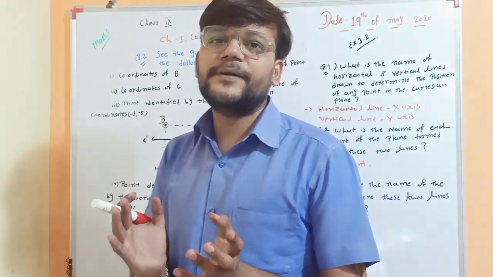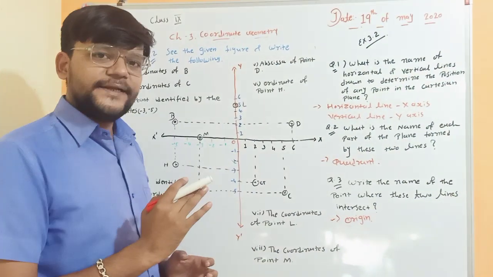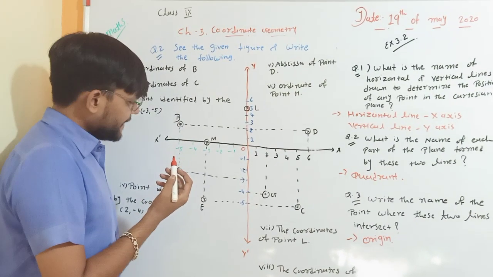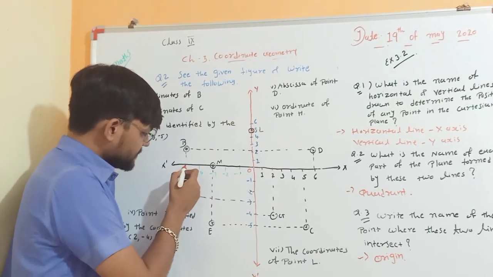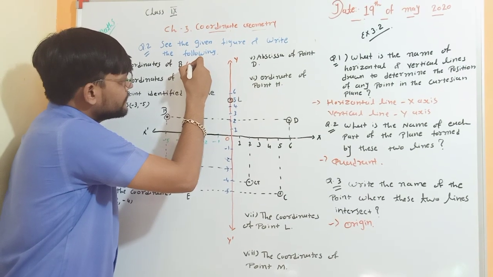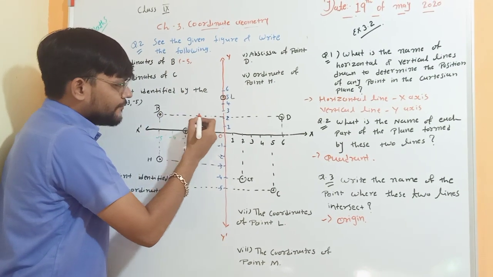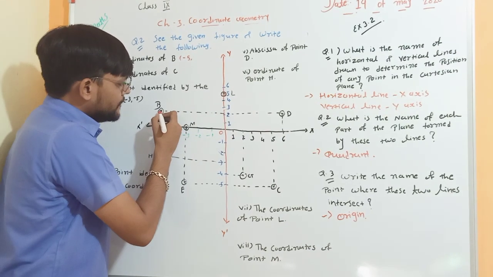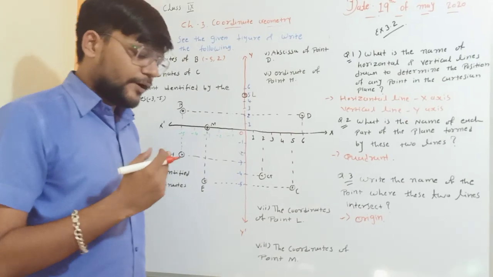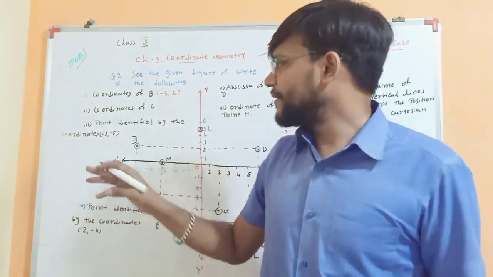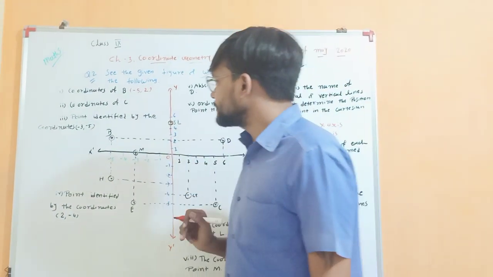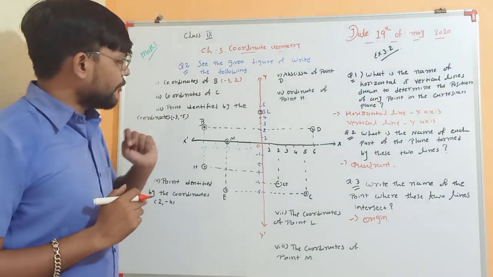Now as we discussed, every point has two coordinates, first x coordinate and second y coordinate. Now you can see here, this is the point B, right? Now if you draw perpendicular line on the x-axis, the x coordinate of point B is -5, and if you draw perpendicular line on the y-axis, it gives you y coordinate. So y coordinate of point B is 2, right? So coordinates of point B are -5 and 2, where -5 represents the x coordinate and 2 represents the y coordinate, right?